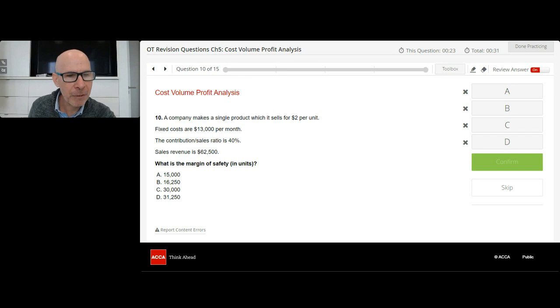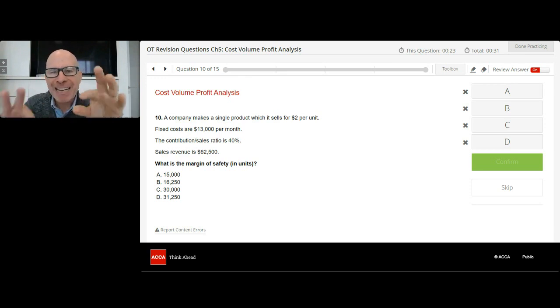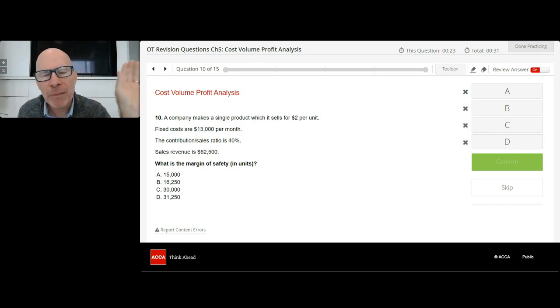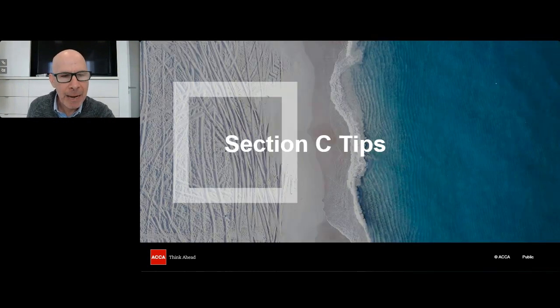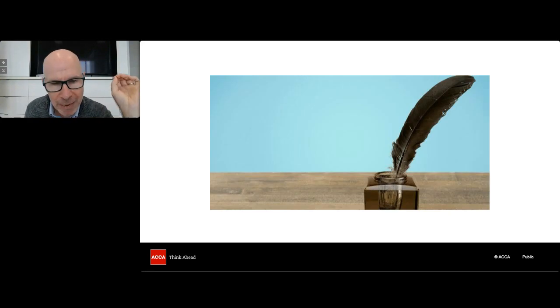Okay? And look at this. Here's another question, just like the one we did, and you will use the same approach. Now, some questions are more difficult. If the numbers are written out with letters, if the numbers are in a big paragraph, that's a more difficult one. So in the exam, I would do that later in the exam. Okay, team, those are some tips for Section A. Now, in Section C, you guys, you got writing, and do not forget the importance of writing.